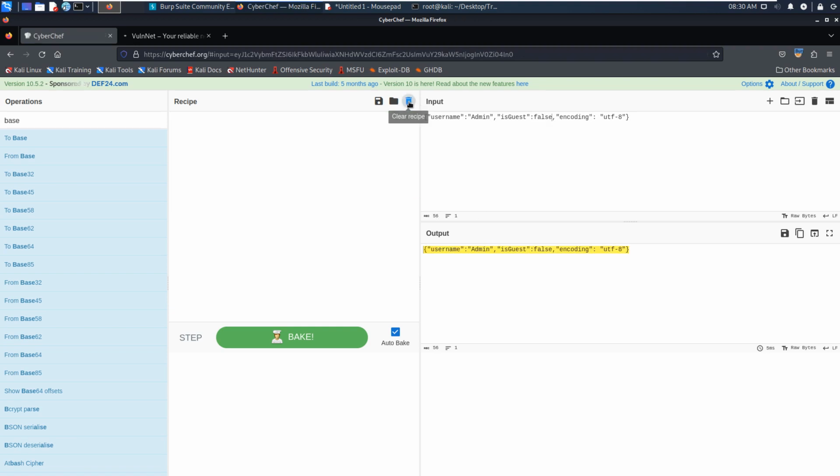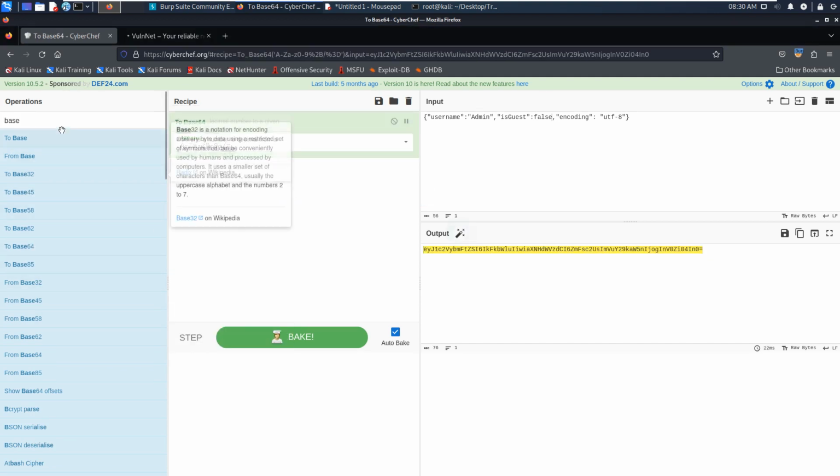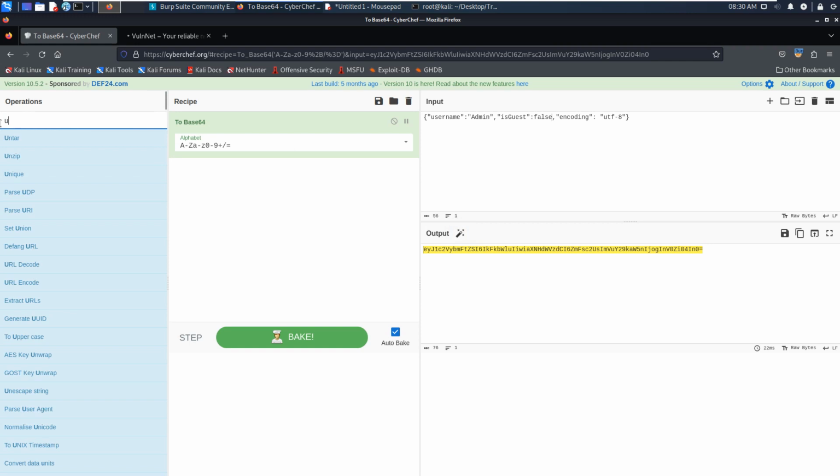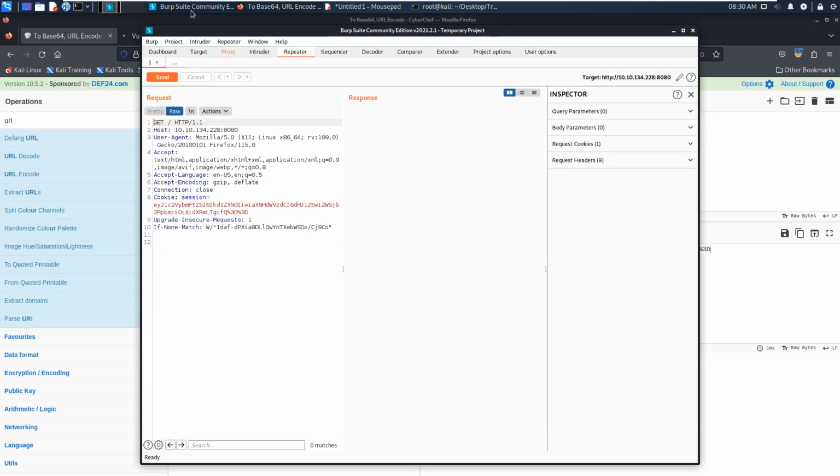And we can do the reverse operations. First layer, the first operation is base 64, and then we can do the URL encoding, and we can encode all special characters. As you can see, we got the output, and then we can go back to our Burp Suite repeater module,